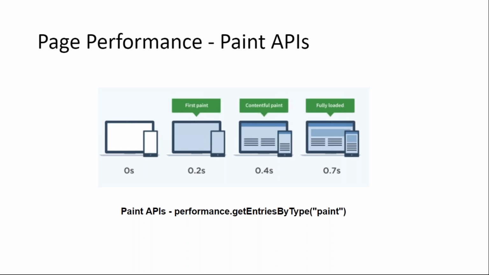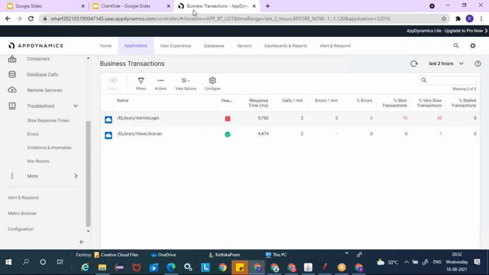Not really from our SLAs, because for our performance SLA we need a full page to be loaded. But the first paint and first contentful paint are going to be more important from a business perspective. So we also track this, though we don't tag it with the SLA, but we track it and have it noted in our report, so that the project team can take note of it and improve it as well. So this paint API is not going to be available for you explicitly.